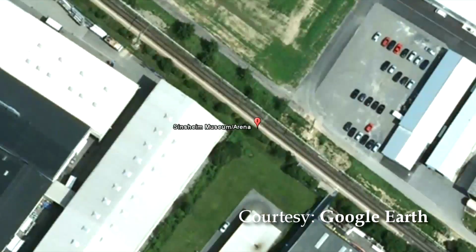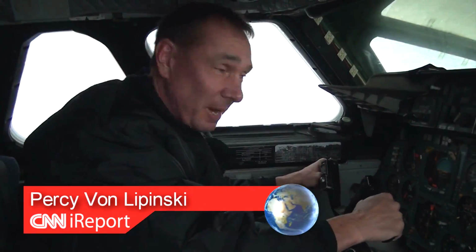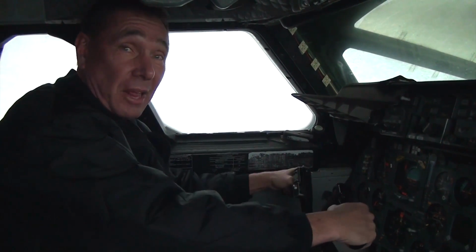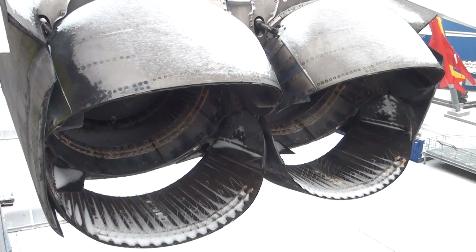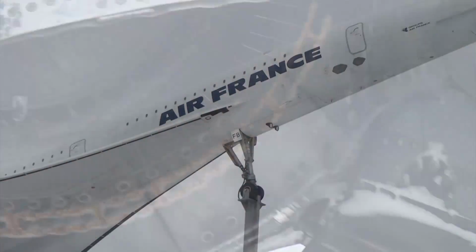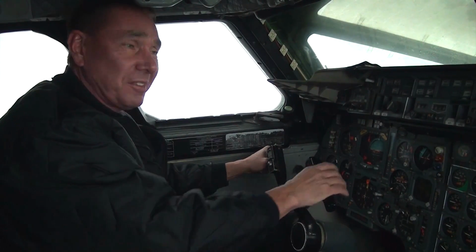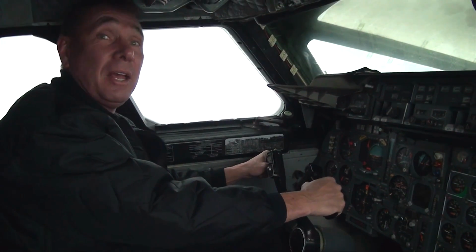I'm here in Sinsheim, Germany at the Technical Museum. But if it was 2003 and you wanted to cross the Atlantic real fast from the United States to London or France at a speed of Mach 2.2, you would have done it in this, the Concorde. And this plane retired 8 years ago, but prior to that, since 1969, it was the way to travel across